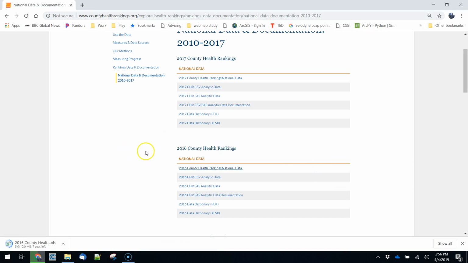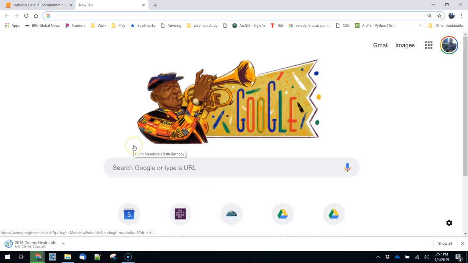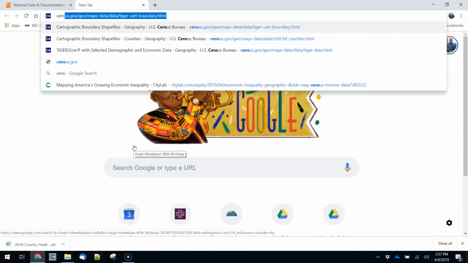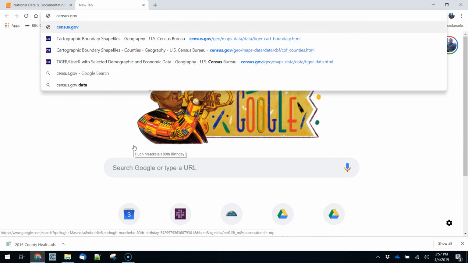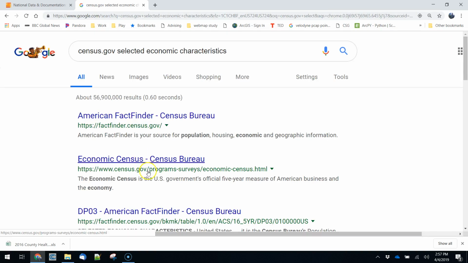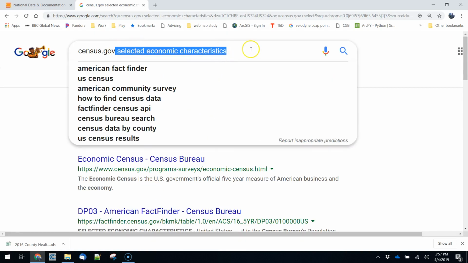The second variable that we would need is population. So where are you going to get 2016 population data? In fact, many of these kinds of statistics can be acquired in all kinds of different places. But if I were looking for definitive population numbers, I would almost certainly go straight to the census. So if you go to the Census Bureau,